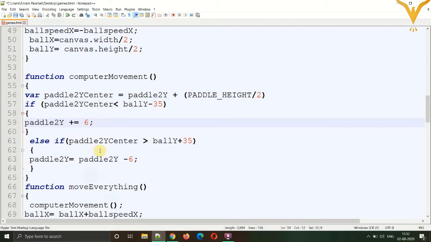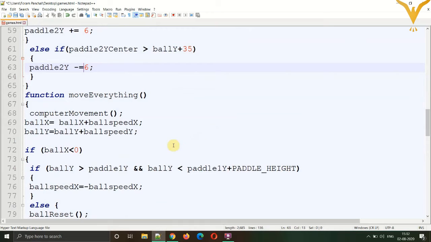We will also make the changes over here. Okay, and over here also we have those expressions. So what we can do is, we can just cancel out this and write ball x plus equals the speed.